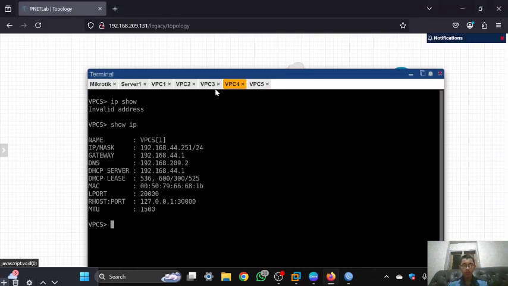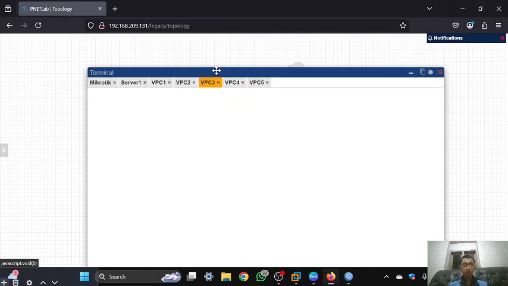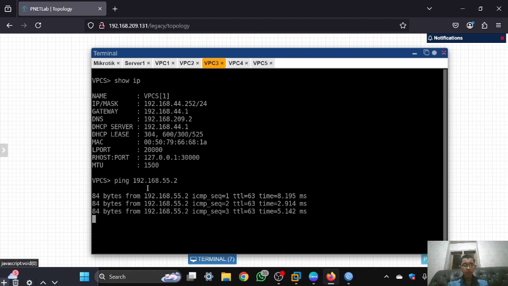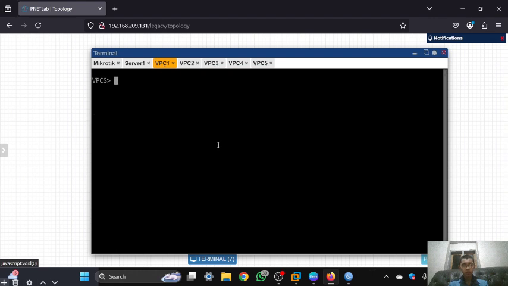Now we can try to ping the server. Let's try with VPC3. Sorry, ping, and then the IP of the server. As you can see, VPC3 can ping the server, and you can try VPC1, ping and then the IP of the server.